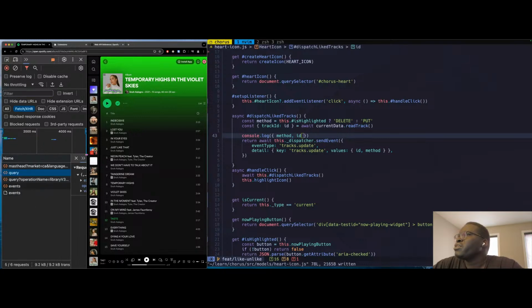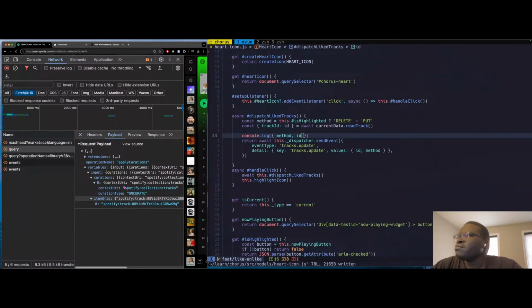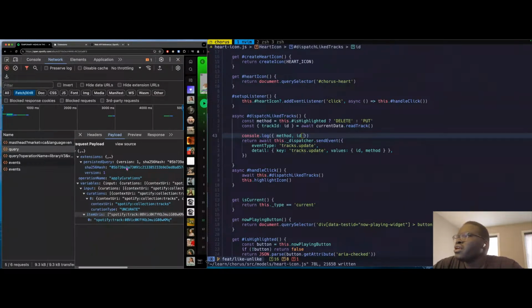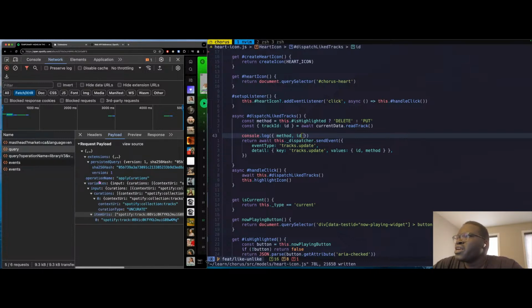So it sends a query, variables, input, durations, uncurate. Can we send a similar thing? That's what I'm wondering. One thing is it has a persisted query sha or whatever. Do we need to send all of that? I want to see if we can just send what is